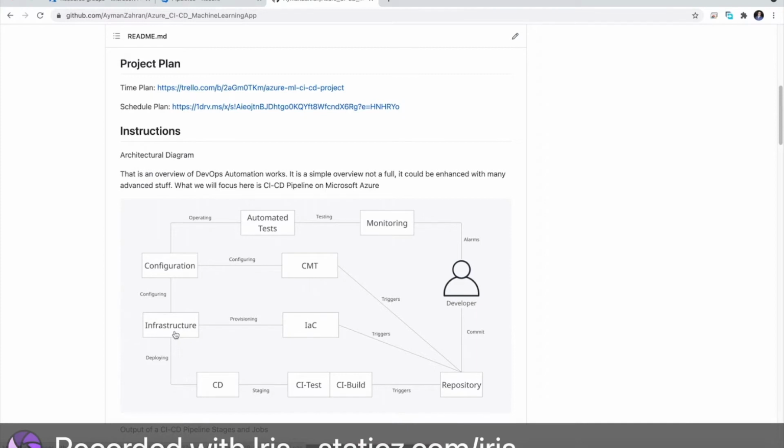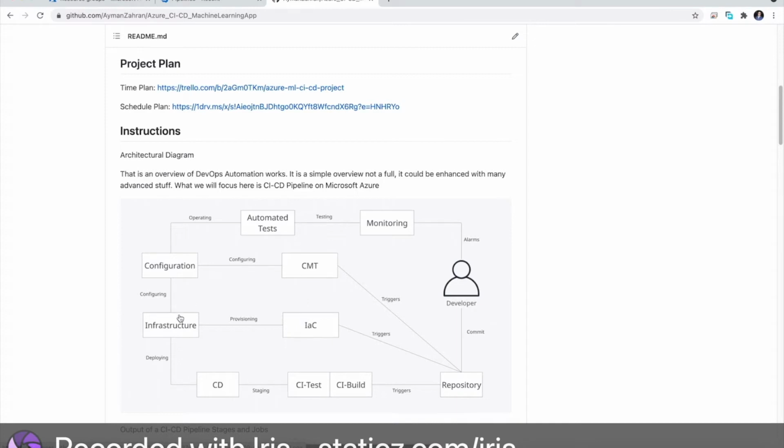But the cool thing is we can deploy this infrastructure using infrastructure as code, and this code is stored in the repository. For example, we can have Terraform or ARM templates or CloudFormation on AWS, and once the repository is triggered, the code will be executed and the infrastructure will be